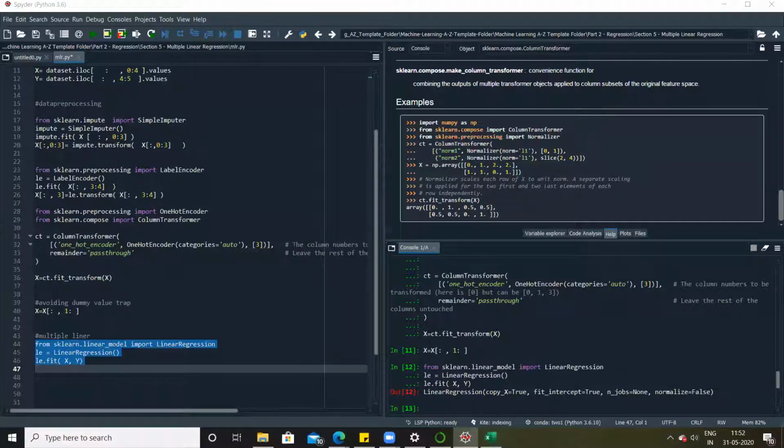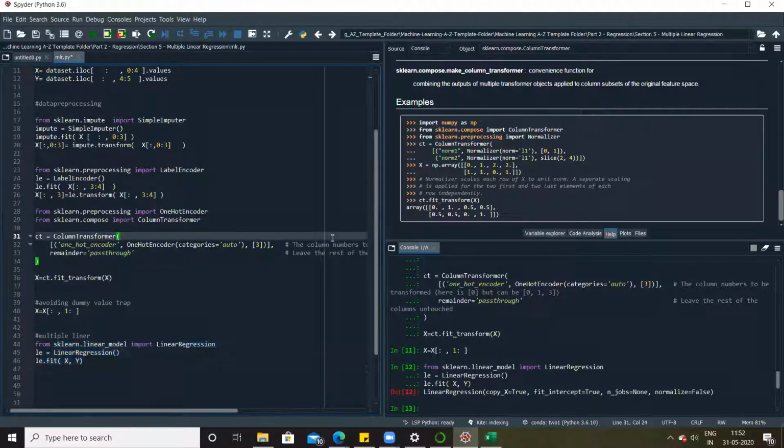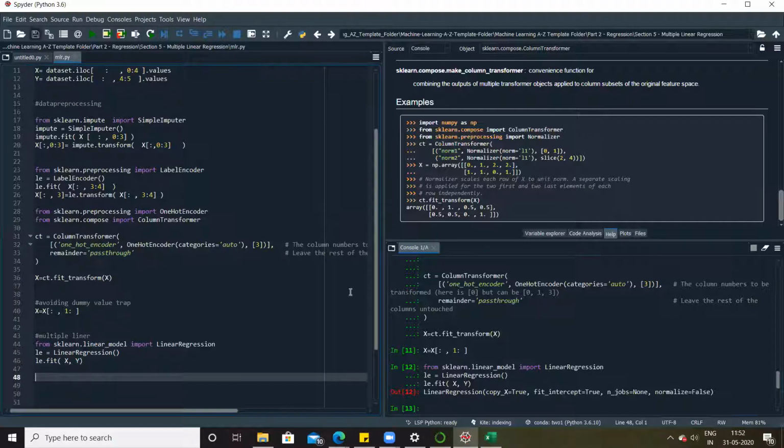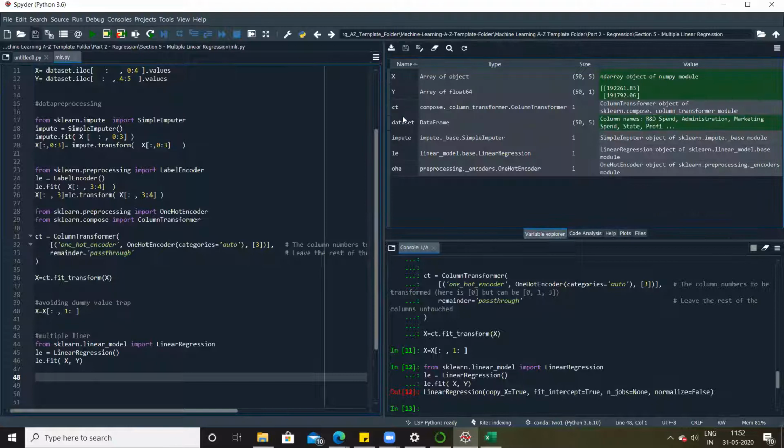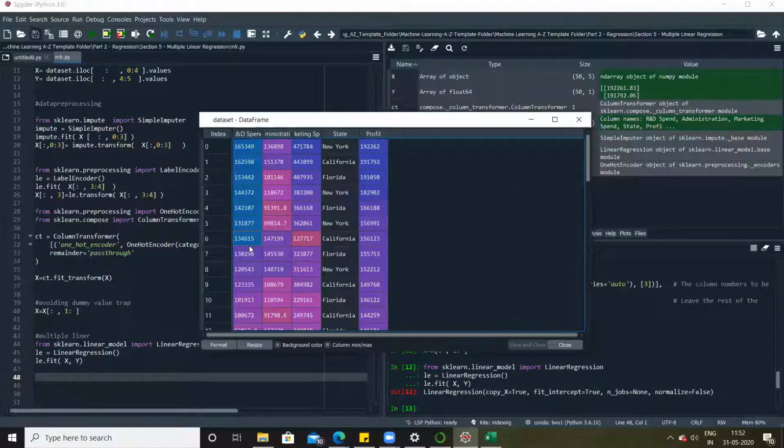Perfect. Now we need to do the prediction, right? And for prediction, we need input values. And in our previous example, we have already seen how to take the input values. We can take it using the input method, right? And here we'll have to ask all the details. Like we'll have to ask what is the value of R&D, what is the value of administration, what is the value of marketing, and where that company is located, right? So as an input, we need to take all of this into consideration, right?